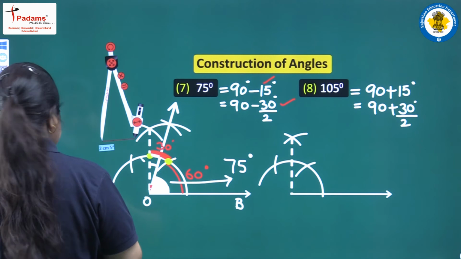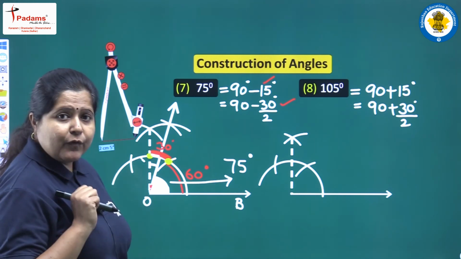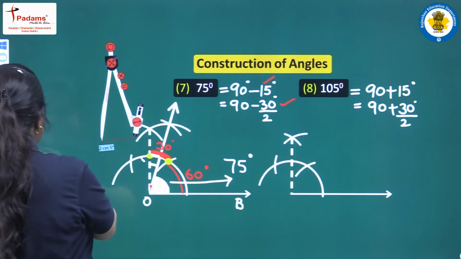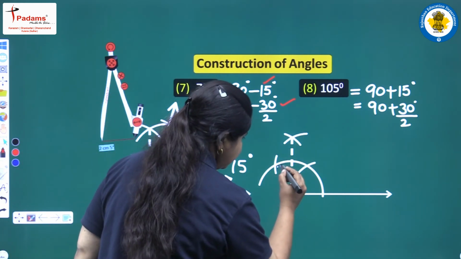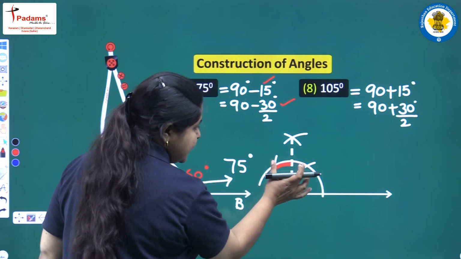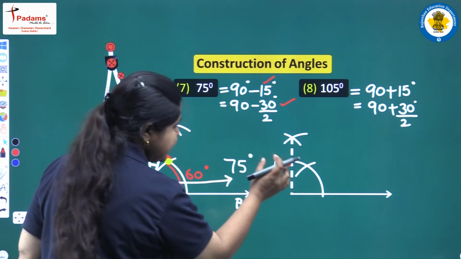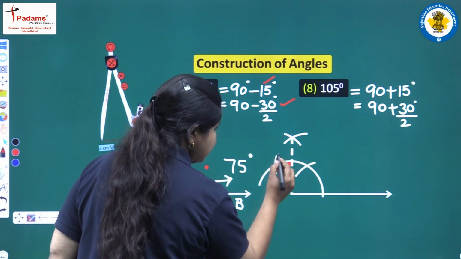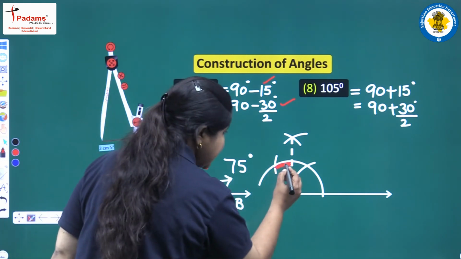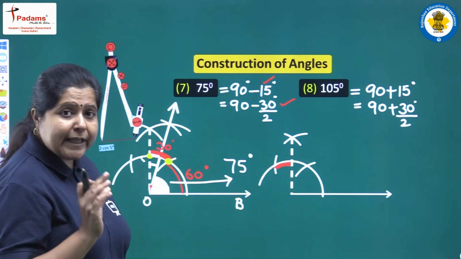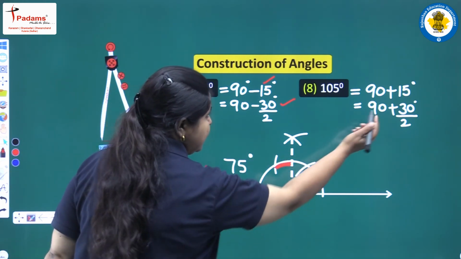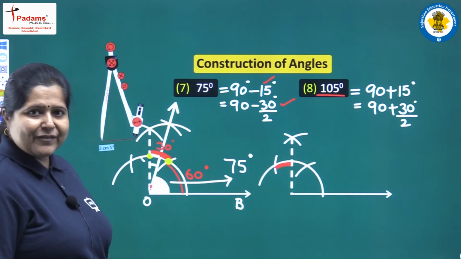Now the question arises, how will we get an angle of 105 degree? It is 90 plus 15. So just pay attention at this part. What is the measure of this angle? You can see this is 90. This center angle was 60 and this is half of it. So it is nothing but measuring 30 degree. And now we will be bisecting this angle, this red one, so that we get an angle of 15 degree, and adding it with 90 degree, we will get an angle of 105 degree.